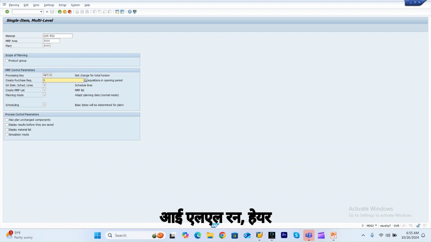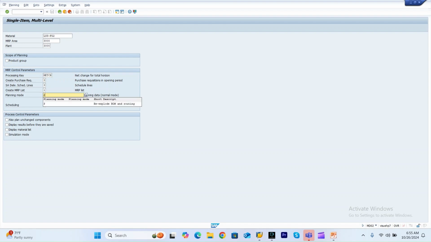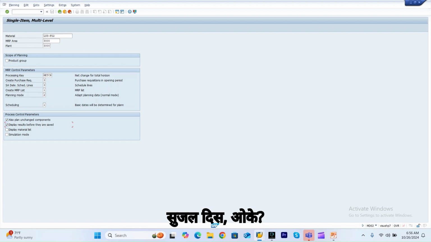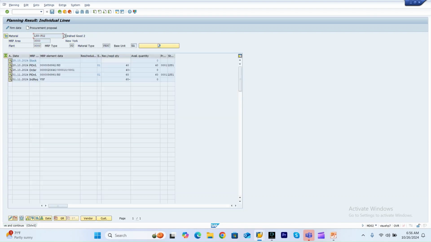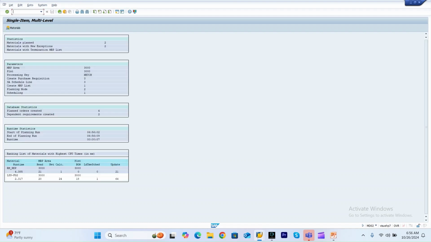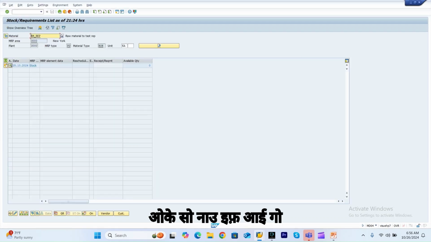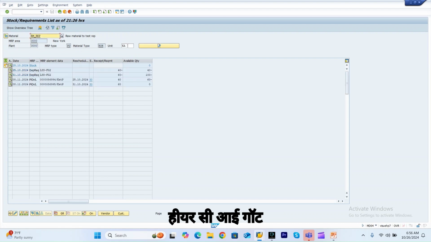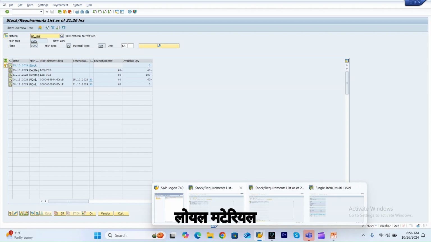Okay, so I'll run here and here, and I will choose all this. Okay, so now if I go here, see I got these plan orders for the low level material,